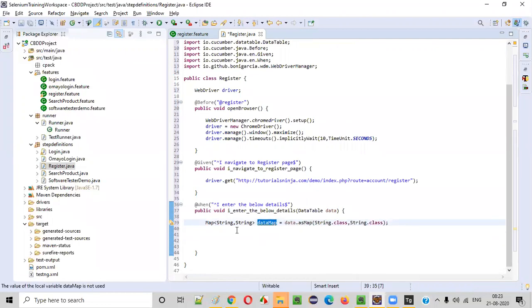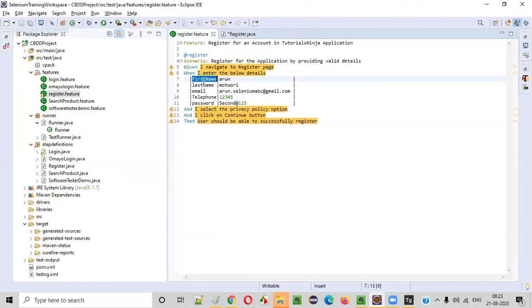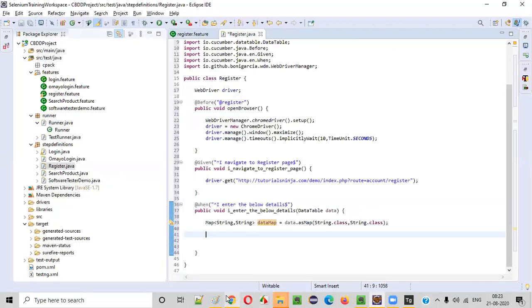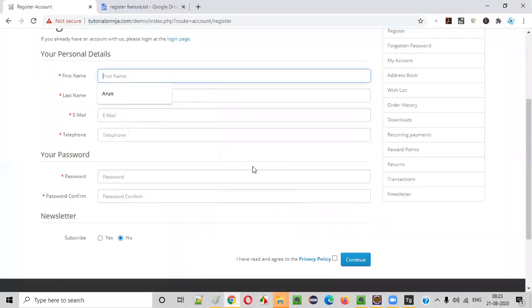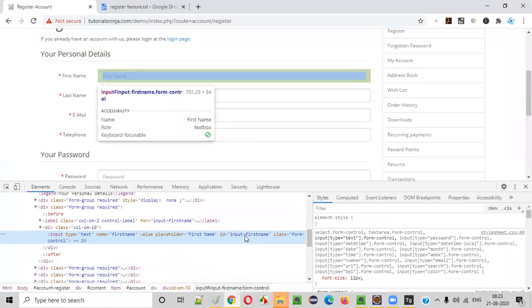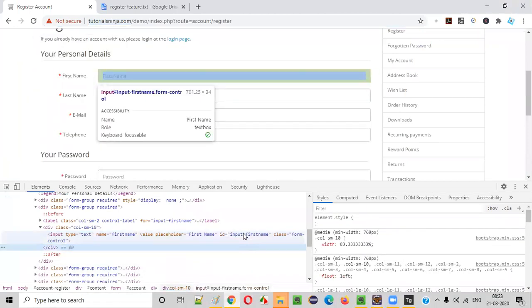Now we can get the data, guys. How to get the data? First name means Arun, last name means Motori, email means this email address, telephone means this telephone, password means this password. So now type something. Let's inspect this. For first name, there is an ID.